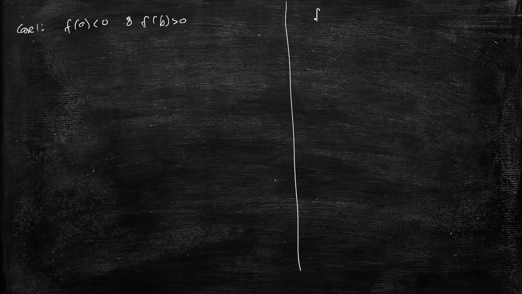So how to do that? Let's say we have case 1 where FA is less than 0 and FB is greater than 0. Other cases can be done by the same approach, where FA will be greater than 0 and FB less than 0. So we will only cover this case. This is case 2. And our algorithm will work on both these cases. So FA is less than 0 and FB greater than 0. So by intermediate value theorem, theory is completed. So let us compute the root.